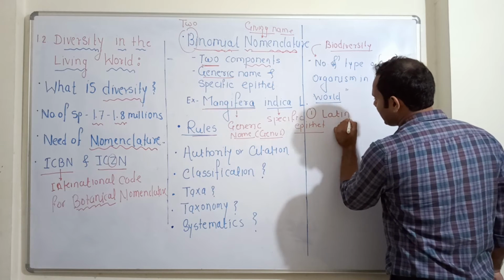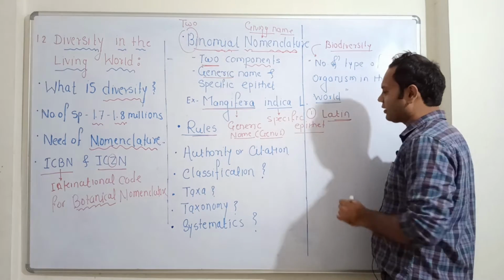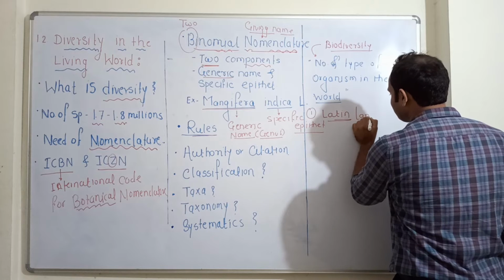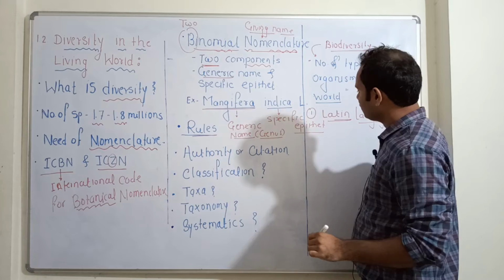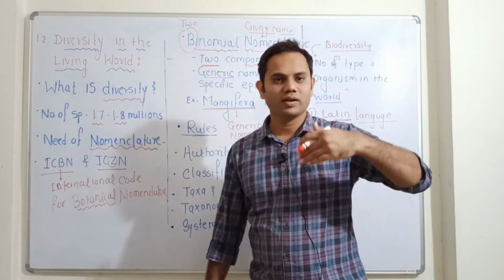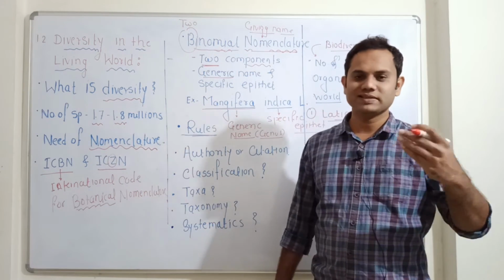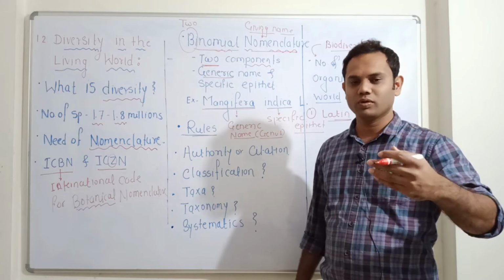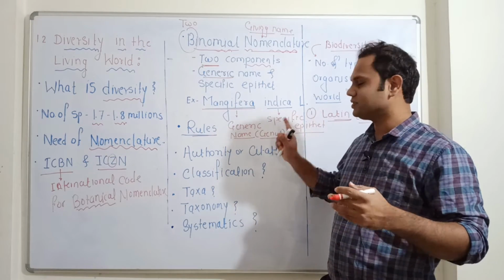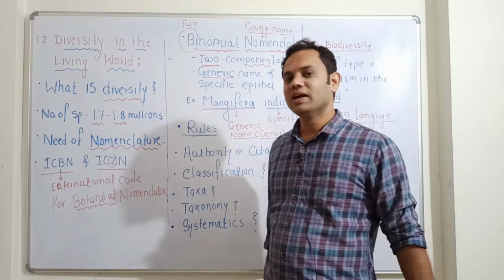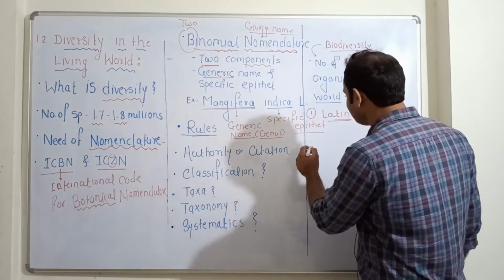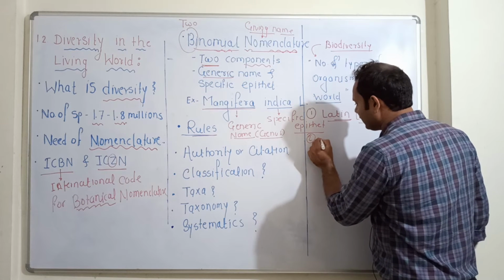Latin is one of the oldest languages, and this old language is used to give the names, unlike English or French. All these names are given in the Latin language. The second thing is that they are written in